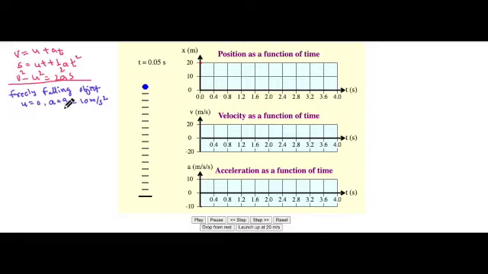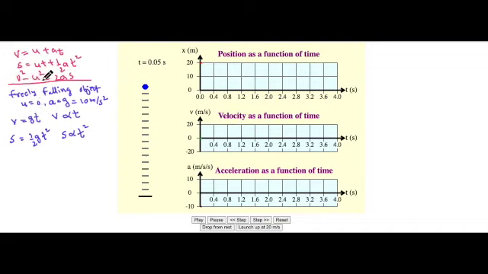Now if I apply these two conditions to these three relations, since u is equal to 0, V is equal to g into t, which means V is directly proportional to the time. As the time increases, the velocity increases linearly. And S is equal to half g t square, which means the displacement is directly proportional to the square of the time. If you plot the graph S versus t, you will get a parabola.